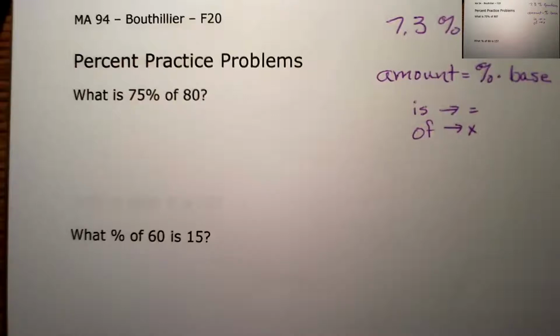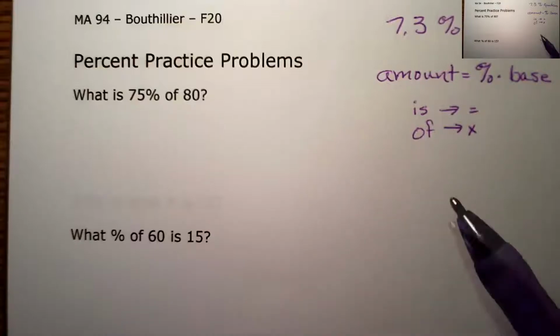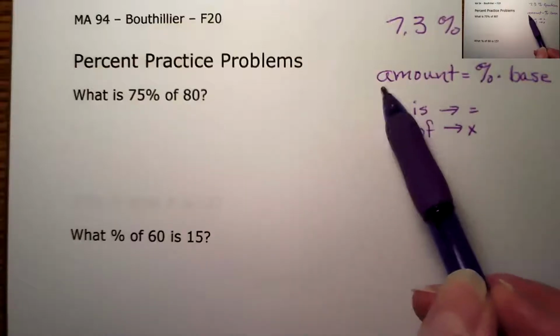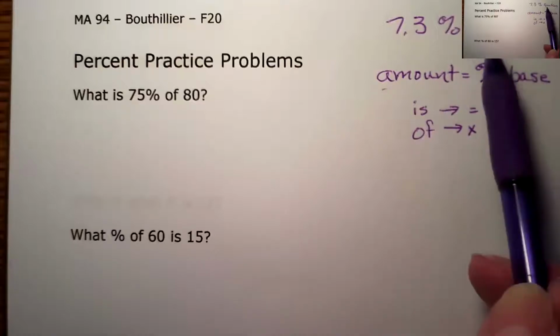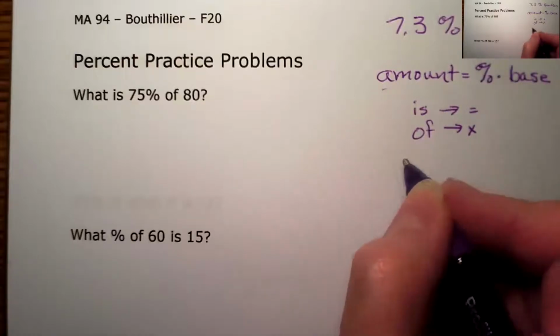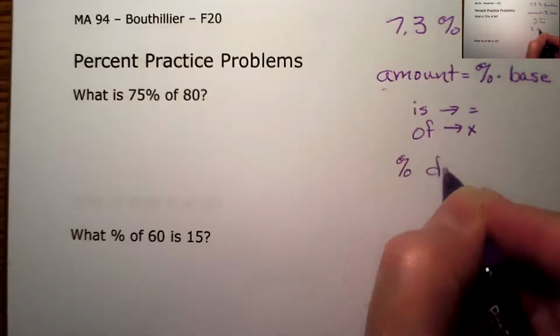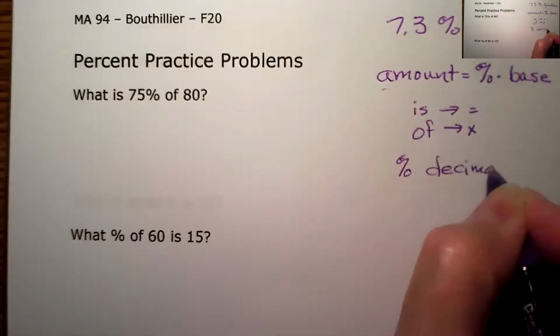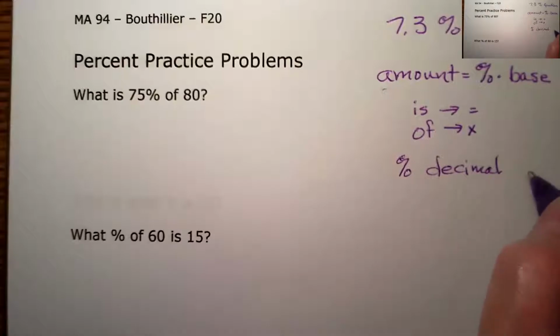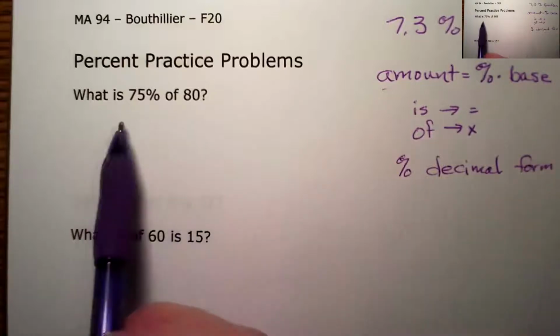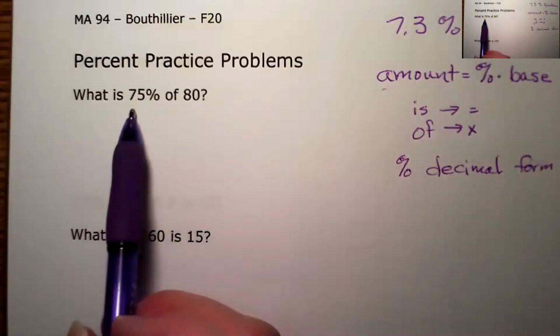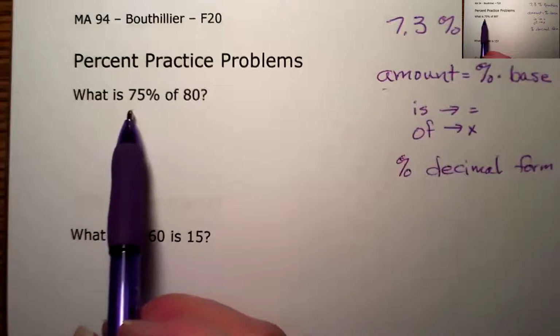But when solving percent equations or percent proportions, there are 3 pieces to the problem. You're always looking for an amount, a percent, and a base. When you're doing percent equations, the percent will be in decimal form. And if you're looking for a percent, you're going to have to take it from the decimal and put it in percent form. If it's in a problem as a percent, you'll use it in decimal form. So you'll see that as we go through.